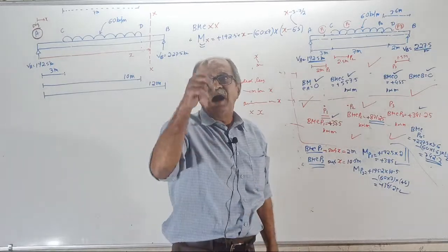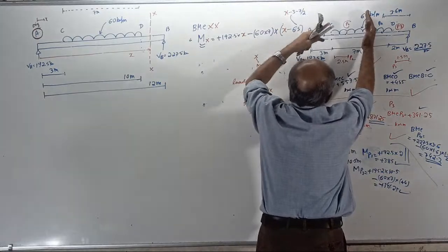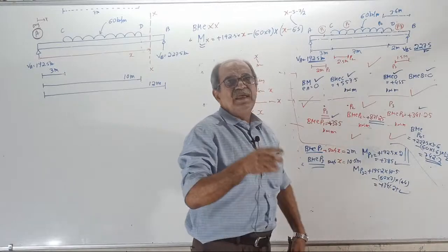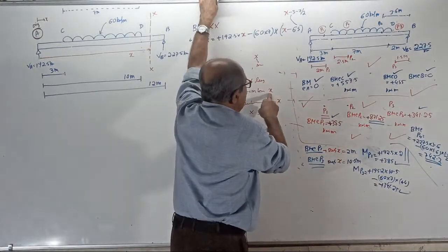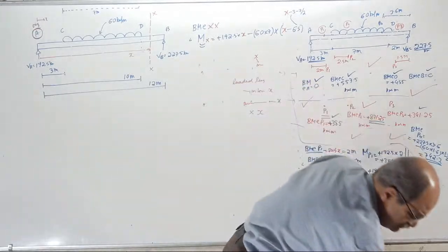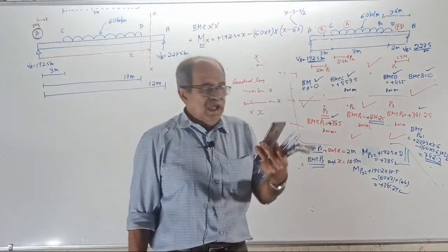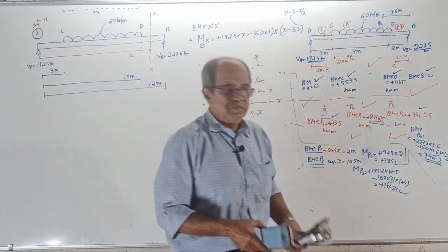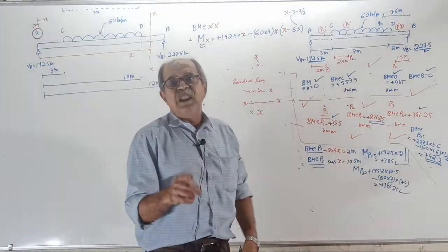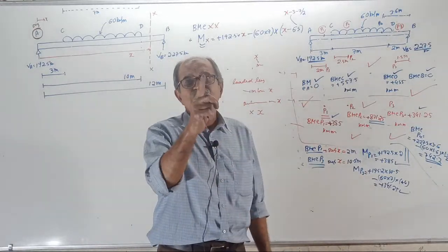When the section passes through the UDL, if this is x, the loaded length is x minus 3. X minus 3 is okay. X is there in the loaded length, and into the distance also x is there. So what will happen? Your BM equation will have an x square term. Correct. So in case of UDL or UVL or a distributed load, the section has to pass through the UDL